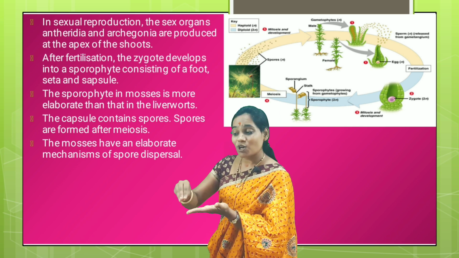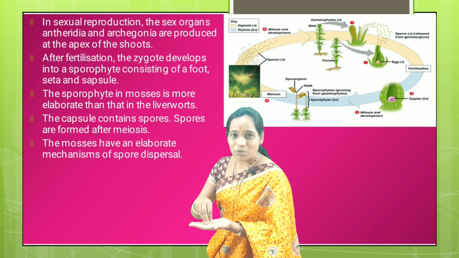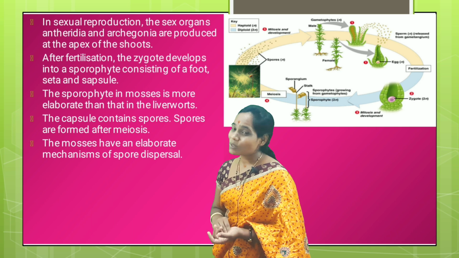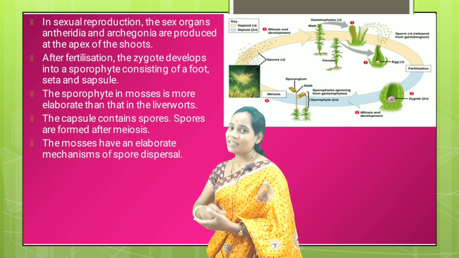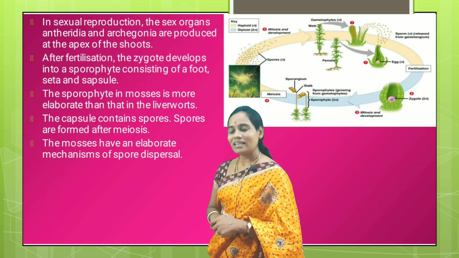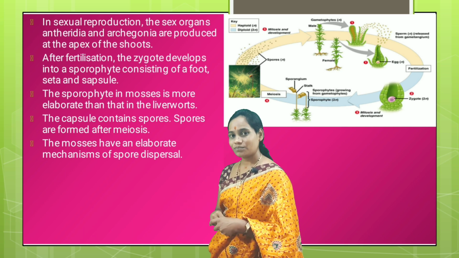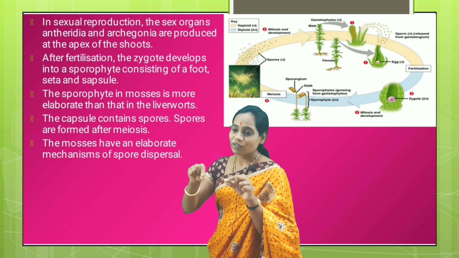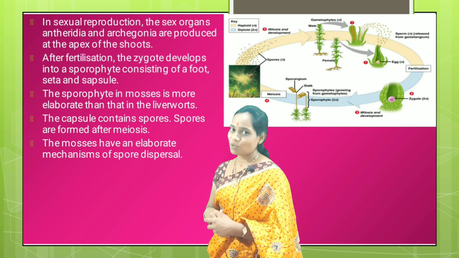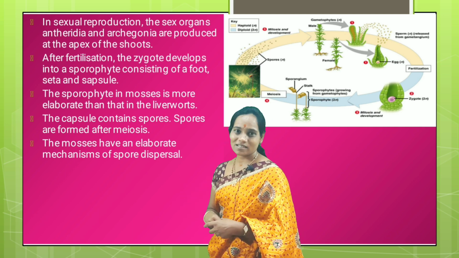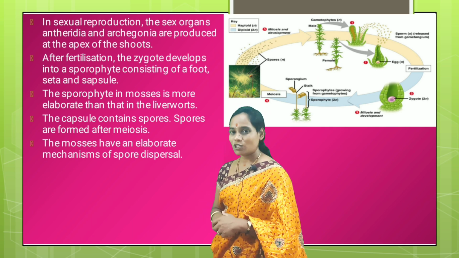But remember, the spores released from the mosses will germinate to give rise to the first stage, that is the protonema. From that protonema, the second stage develops, that is the leafy stage, on which sex organs are formed, which produce gametes that fuse to form the zygote, which develops into the sporophytic plant body and produces the spores. Again the cycle repeats. These are all the general characteristics of the mosses.